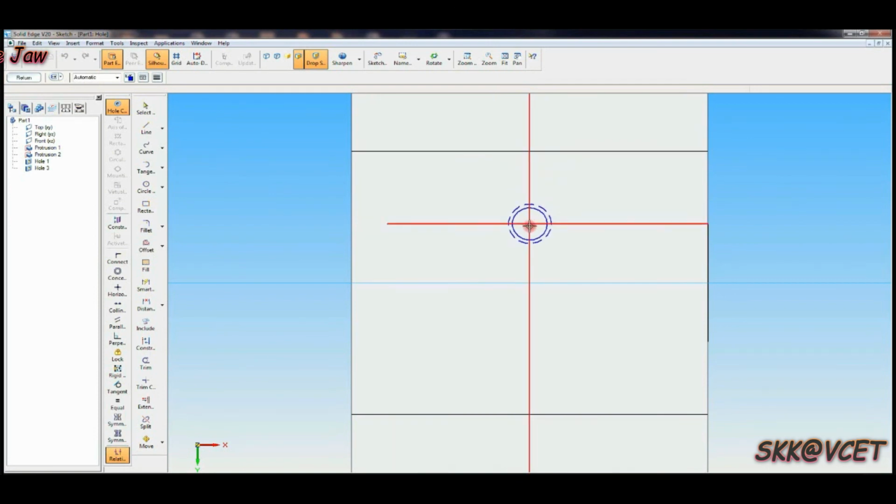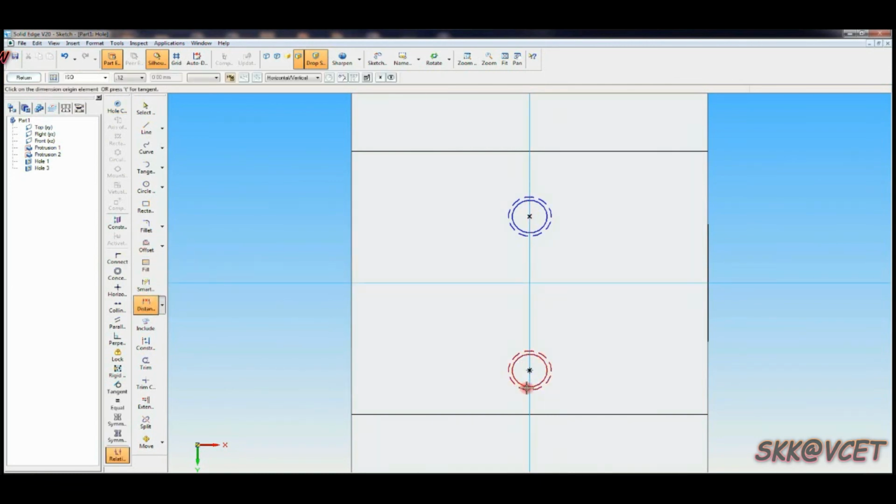Draw two circles in the vertical plane like this. Click here, one circle here, and the circle here. Now go to distance between from that to that circle, the two-circle distance should be 24.